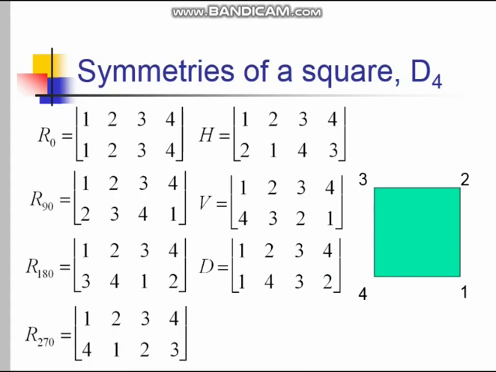And if you divide it diagonally, if you keep 1 and 3 as they are, 2 goes to 4 and 4 goes to 2. This is the diagonal transformation, the leading diagonal. If you take the other diagonal, 2 and 4 as they are, 1 goes to 3 and 3 goes to 1. These are the only possibilities in the dihedral group D4.